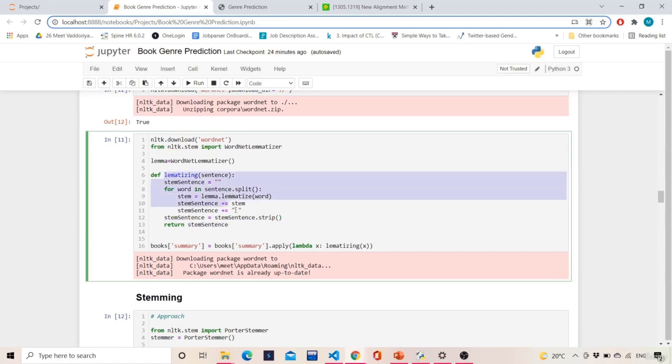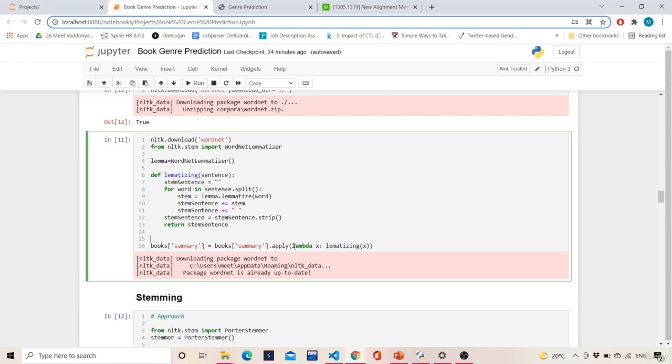Same as before, we'll be applying a lambda function to this so that it's an inline for loop. So we'll be using books of summary dot apply. For this lambda x, it means for every summary in books of summary, apply lemmatizing of x. As simple as that.